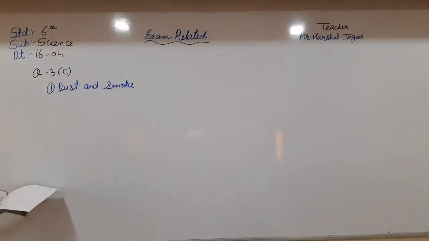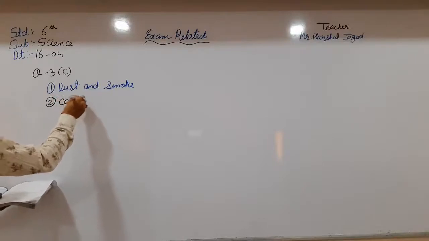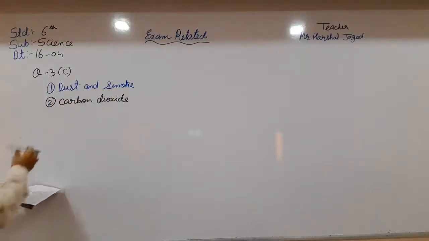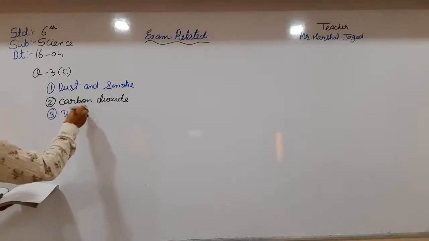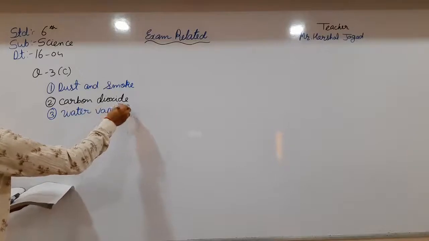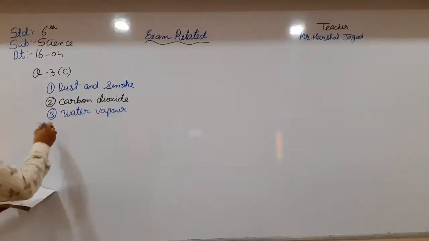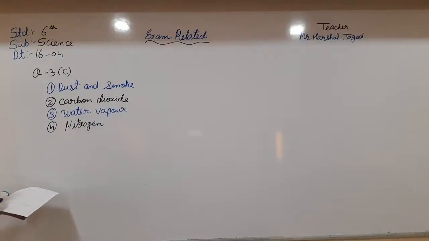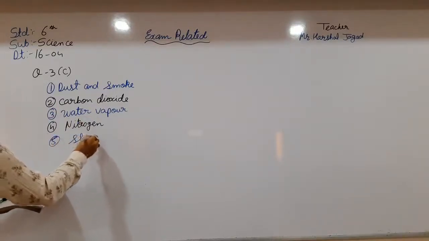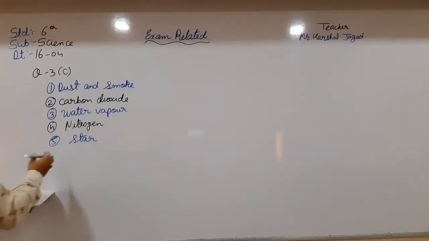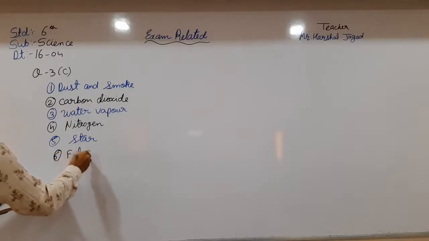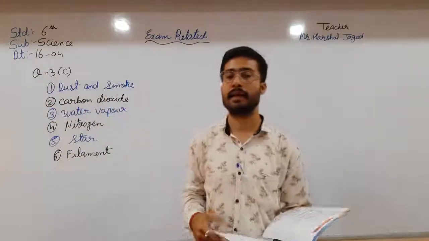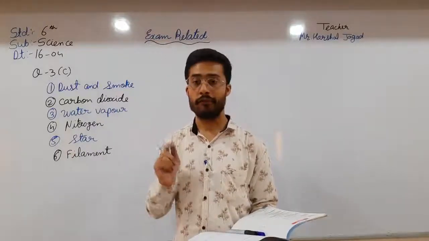Second one, that is carbon dioxide. Third one, that is water vapor. Fourth one, that is nitrogen. Fifth one, that is star. Sixth one, that is filament. So here these 6 pairs are given, and here the first options are greenhouse, fertilizer, air